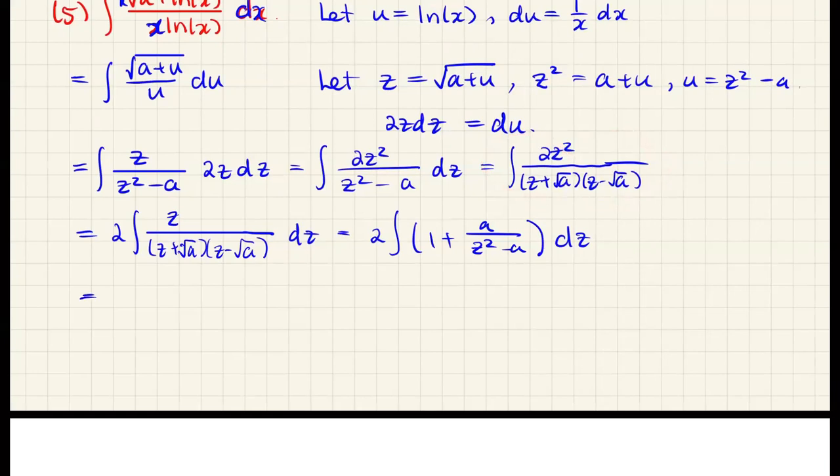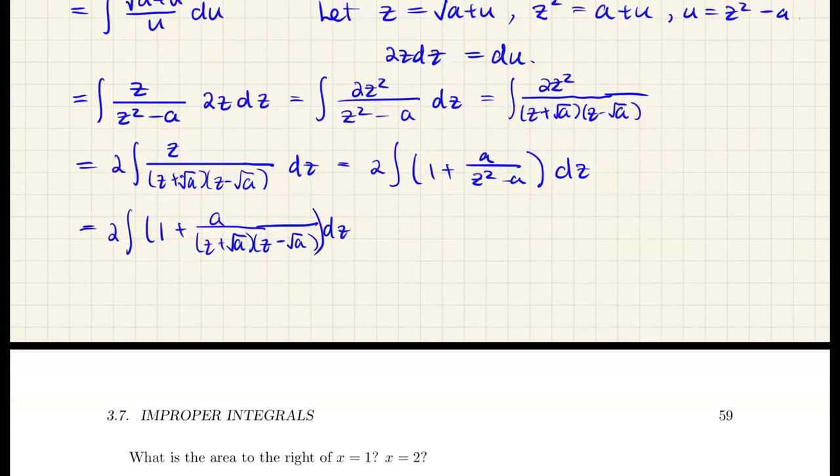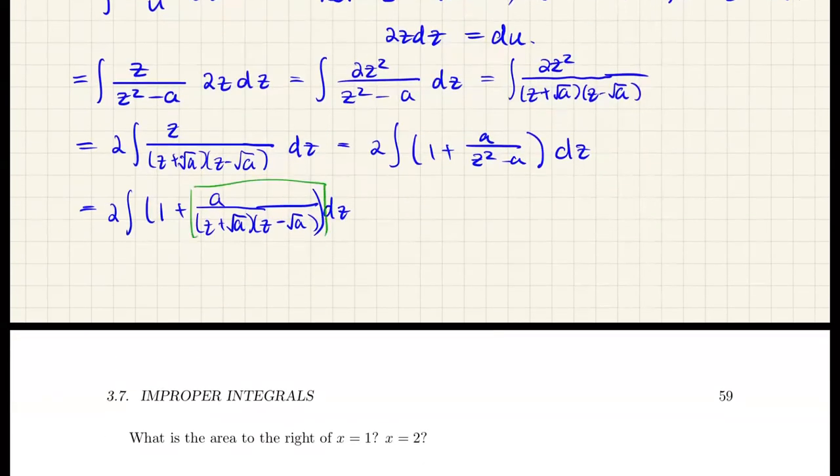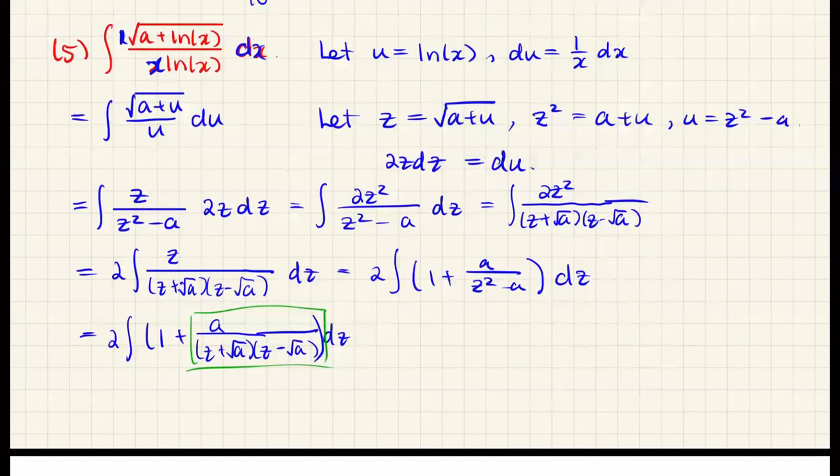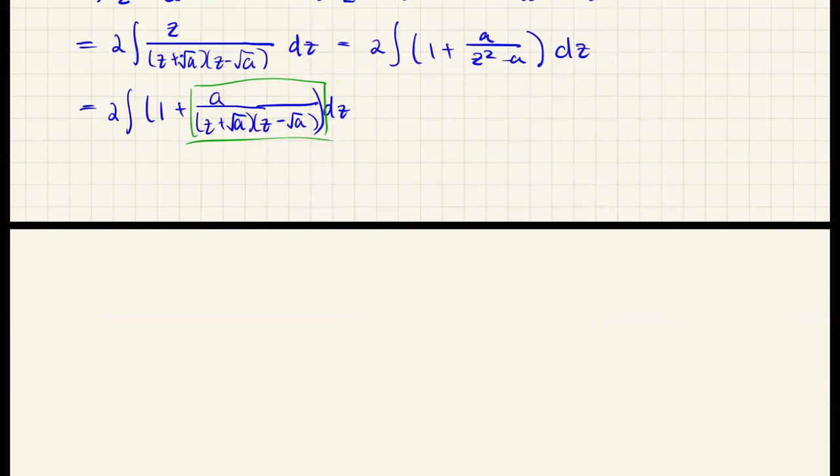What we have here is 2 times the integral of 1 plus a divided by (z plus root a)(z minus root a) dz. Okay, so now let's work with this part here. And I'll add an extra page to this. So this rational function,